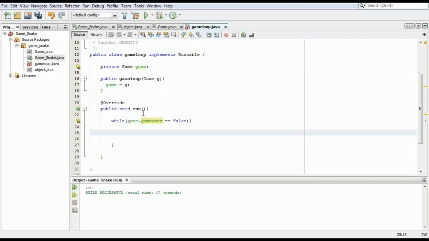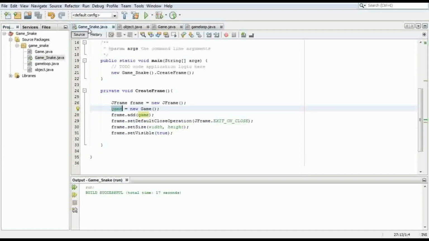So for now, we can create the controls and the logic part in the game. In the loop, we can update all the functions as we create them on the game first. And as well, we need to get to the main class here that's responsible for the screen, or should I say the frame. This is where we're going to create our thread. We're going to initialize our thread right here. So thread,